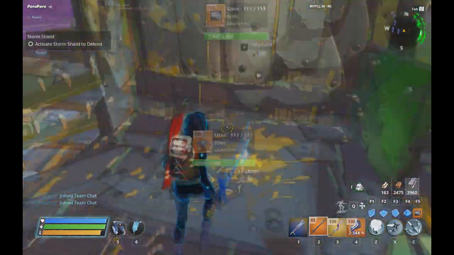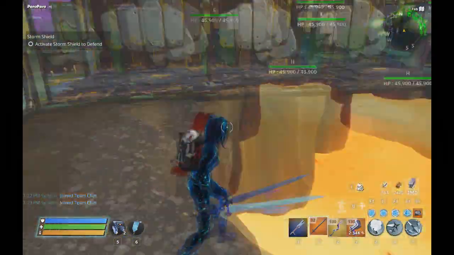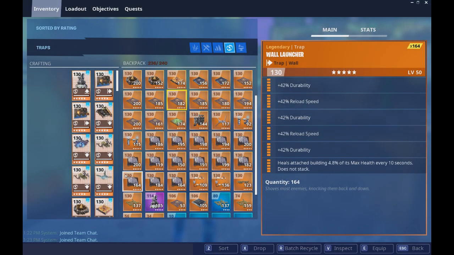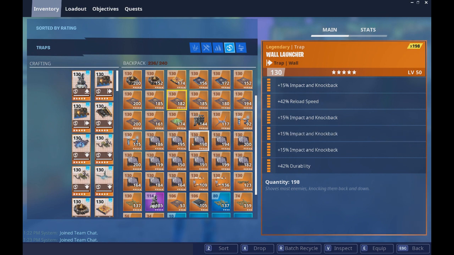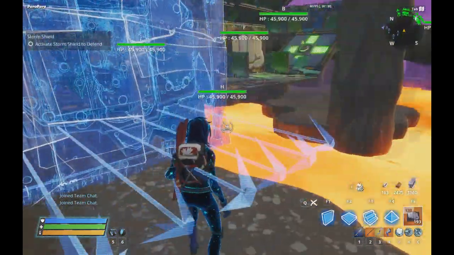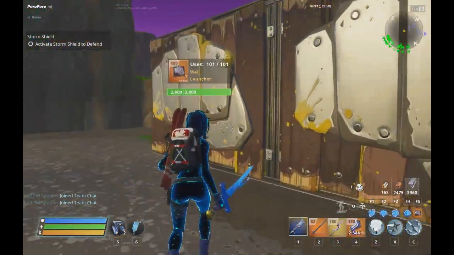Okay, now these launchers will launch them over here, which then these can chain launch them into the pit down there, right? And it's up to you which ones you want to use. So for example, you could technically use the 2 times impacts over here. You could use the 2 times impact, and this should be pretty decent to launch them into the pit,